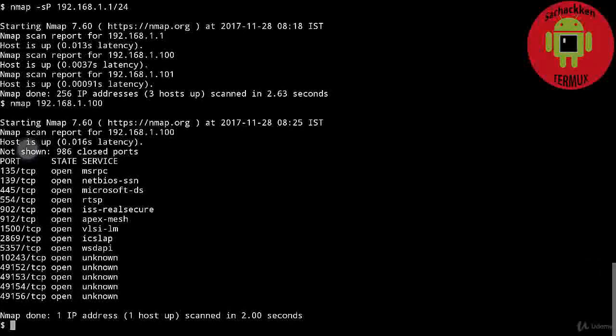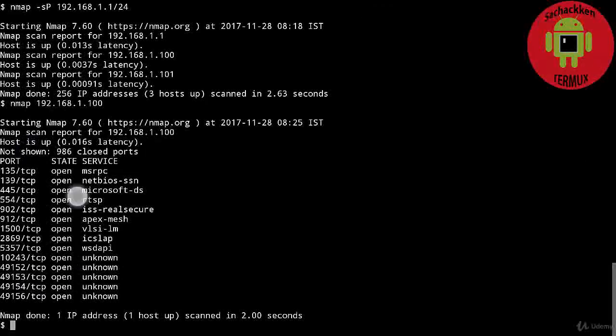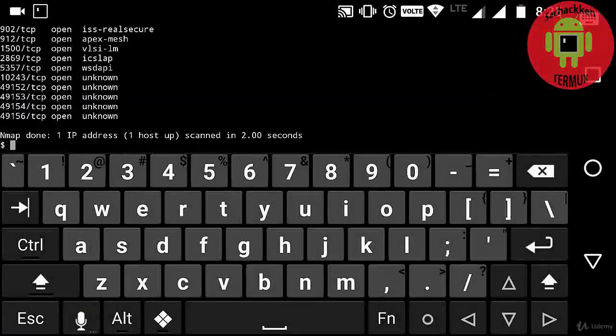So in this you can see all the TCP ports are open. TCP is the Transmission Control Protocol. You can see the services, and also you can see the RTSP service, which handles typically HTTP-like requests such as OPTIONS requests. And next I am going to type nmap